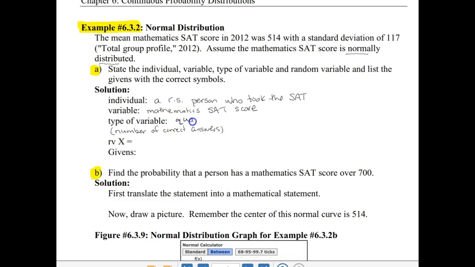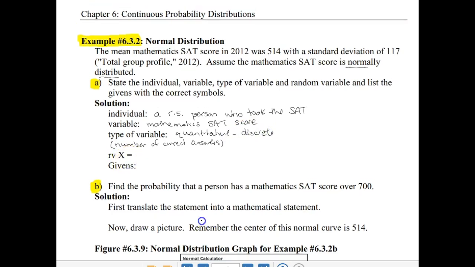So this is going to be a quantitative discrete random variable. And so our random variable x here is going to look at the mathematics SAT score. So there's our measurement there that we're looking at of a randomly selected person who took the SAT. Now again, to be more specific here, we could add, in 2012, because that's what this data is